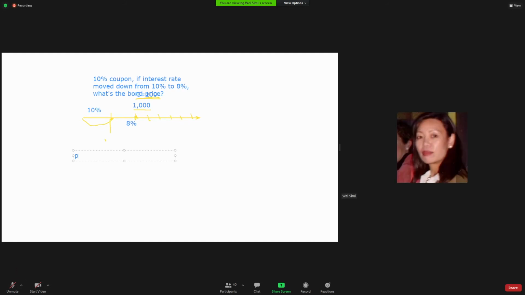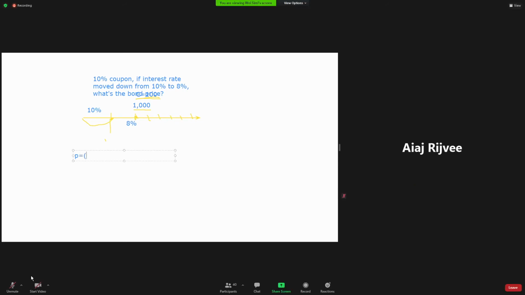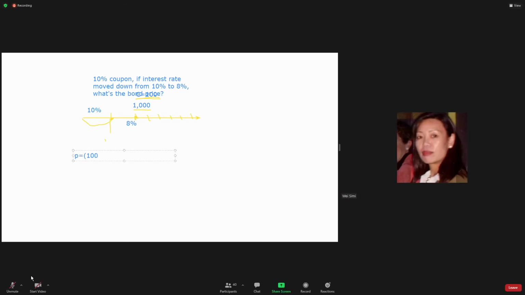So price is equal to, we know the cash flow, 100 is the coupon. We have one coupon left. We have the face value. And then we have 1 plus 0.08, that's the interest rate. Only 1 period, only 1 year left. So it equals to